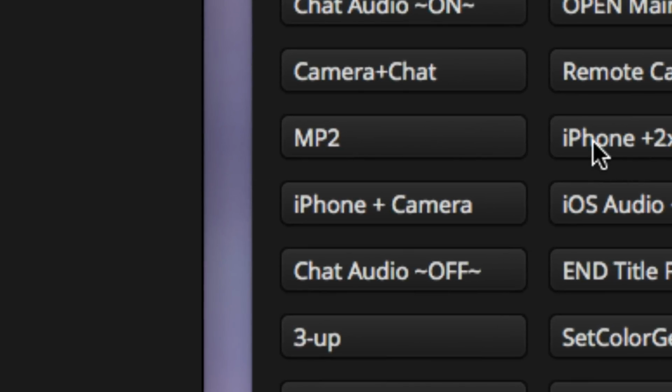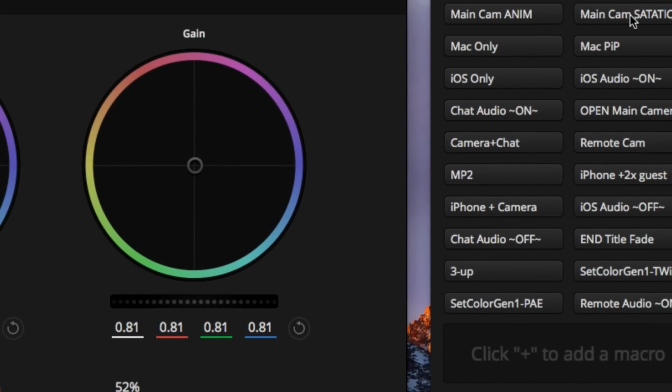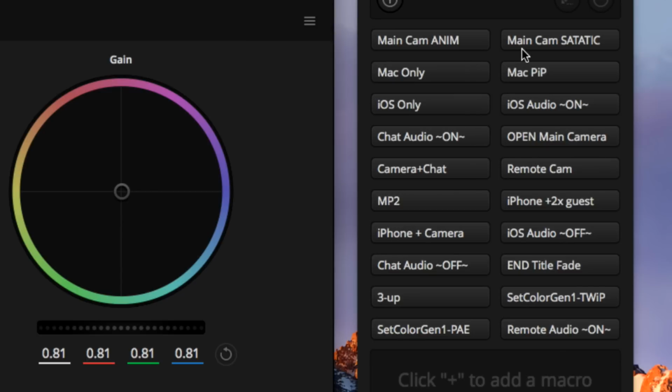You'll see it says things like main cam animation, main cam statics, that's my animated lower thirds, a static lower third, Mac only, Mac picture-in-picture, you're looking at the Mac only one right now, iOS only, I can trigger iOS audio on or off and so on. And the order of these may not make a whole lot of sense, but they make a lot more sense once you see